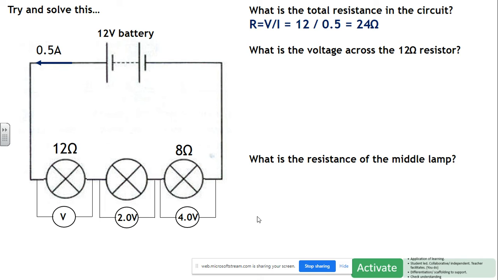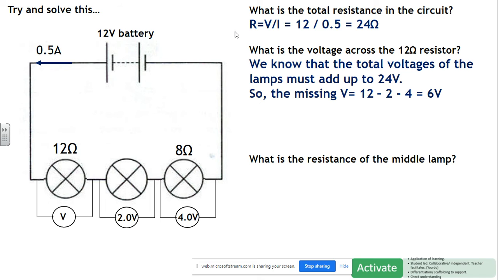There we go. We can work it out straight away because we know the total voltage being supplied in the circuit is 12 volts. And we know the current that it's being given out. And so we can just use the formula R equals V over I. What is the voltage across the 12 ohm resistor? We can work that out because we know